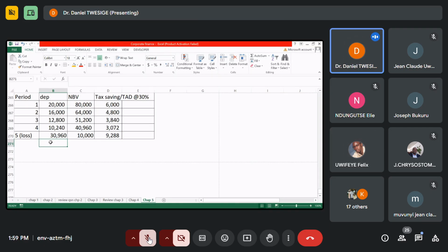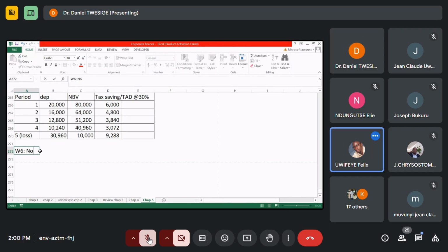So, please mute. So now if you look at that, we still remain with one working. We need the working number 6, nominal. We need the nominal rate. So if we need a nominal rate, please mute so that it will reduce the noise. We need a nominal rate,